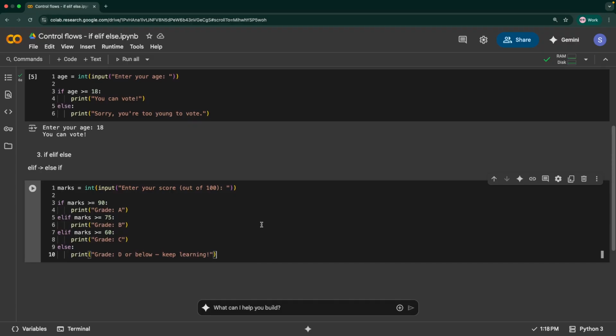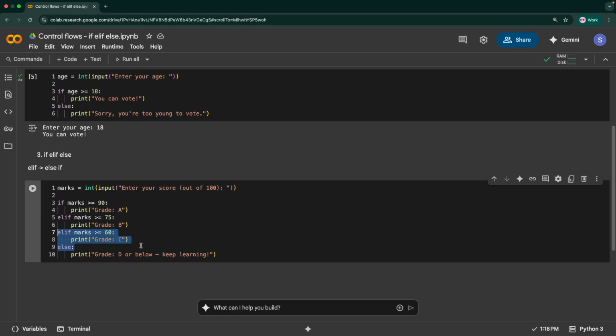Python checks each if and else if from top to bottom, in this order, for all the conditions that we have given here. As soon as it finds a match, it runs the block and stops there itself. If none matches, then else would run. So if this condition is matched, the others are not going to run and the else is not going to run. It stops the moment a particular condition has been satisfied.